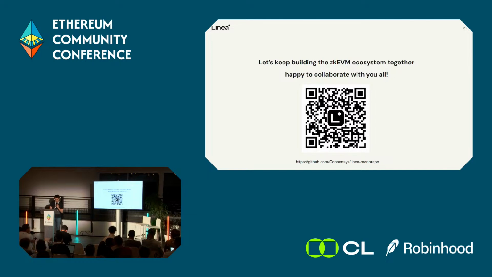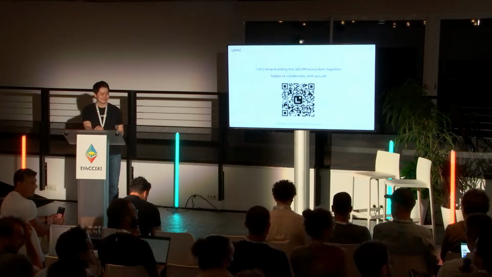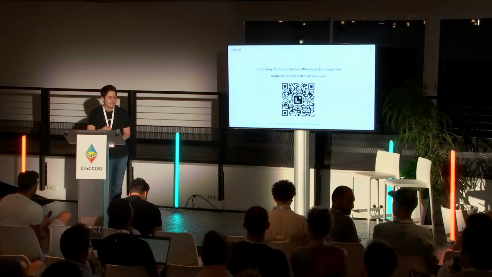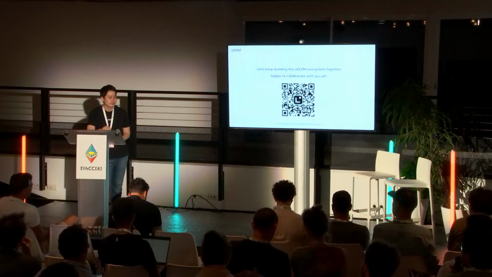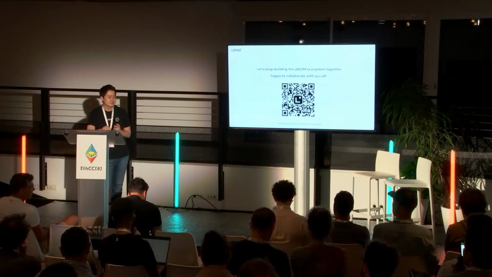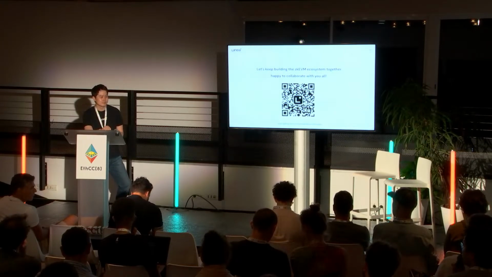We have 1 or 2 minutes, so if there's a question. Thank you very much for the talk. You mentioned that you use 10% of historic data for testing, right? My question is, how do you pick those traces for testing? Because you can take 10% of only ERC20 transfers.